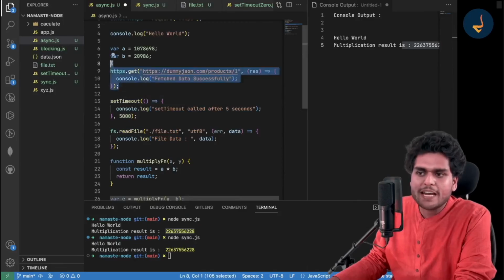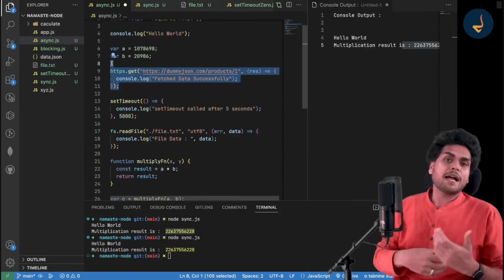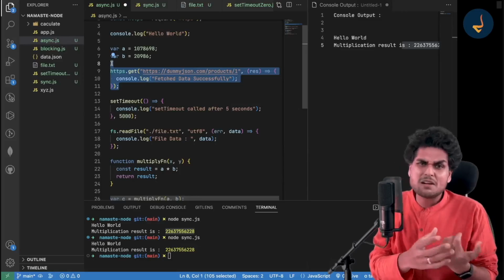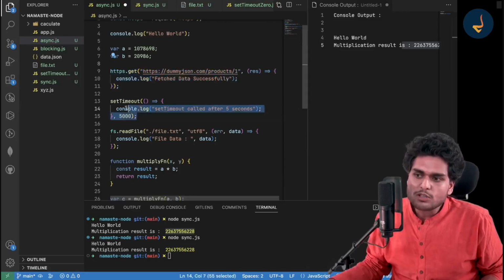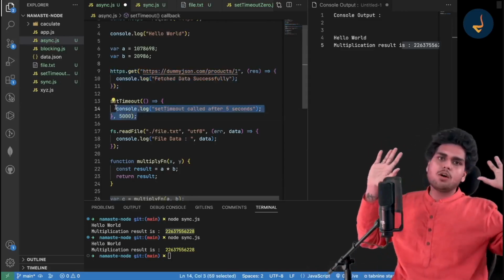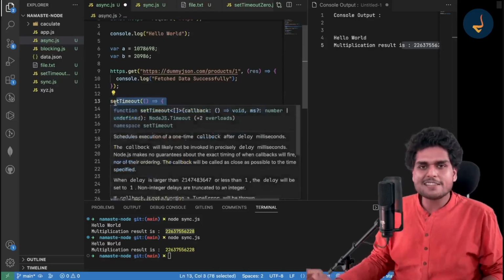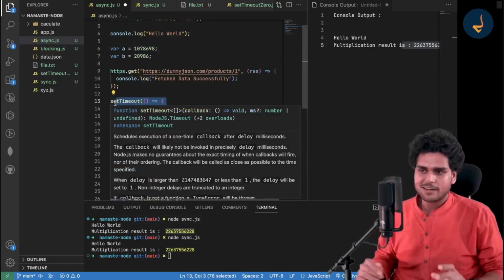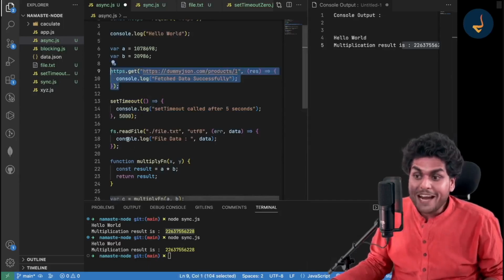See, to make an API call, it will go to the network, fetch the data, come back. And API calls generally take 100, 200, 300, 500 milliseconds, right? And setTimeout is of 5 seconds. 5 seconds is a very long time. This is the longest task, okay? This setTimeout is going to take forever, right? It just takes 5 seconds. The API call will take like 100, 200, 400 milliseconds. File reading,